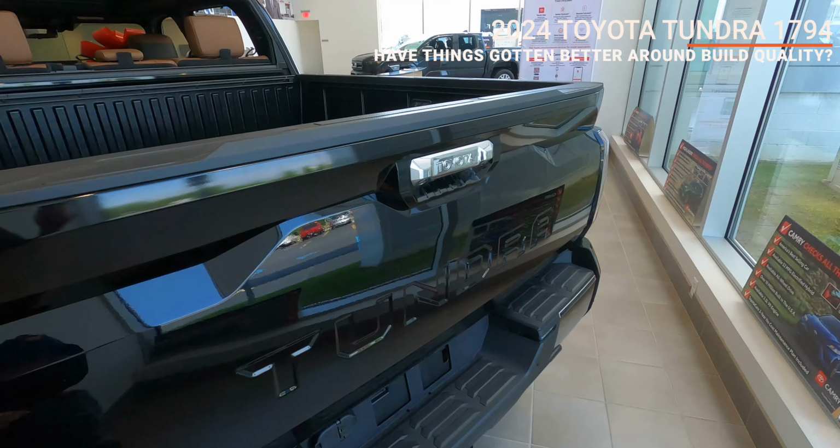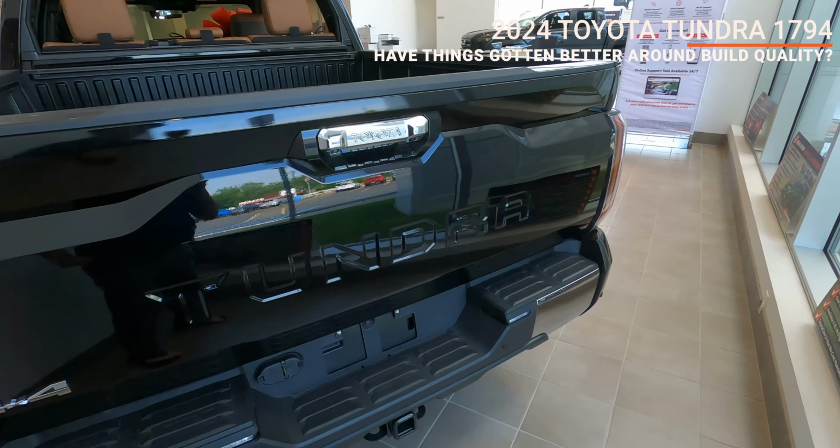A few inches later. Checking out a 1794 2024 Tundra. These gaps look okay. So maybe build quality has improved a bit on these trucks at Tijuana. This one looks good. I don't think it has a 3-inch lift on it. Well, let me come around here. Regrettably,